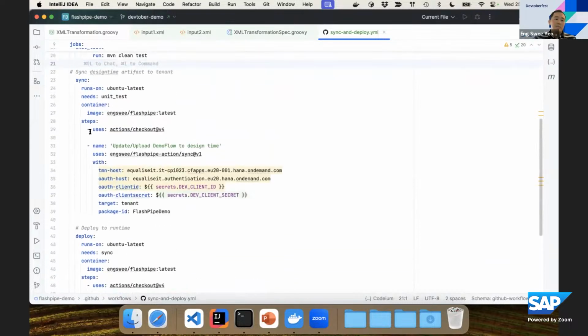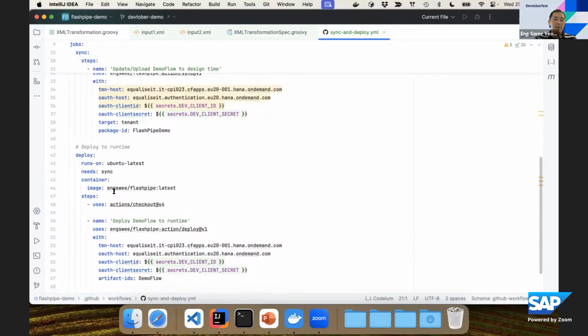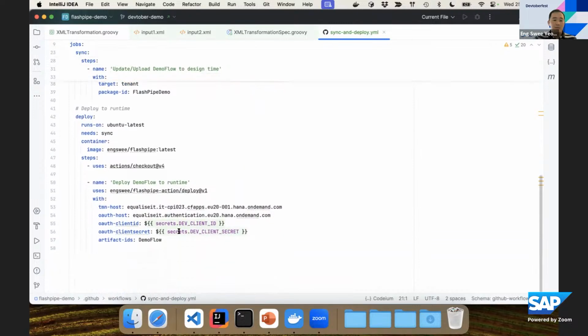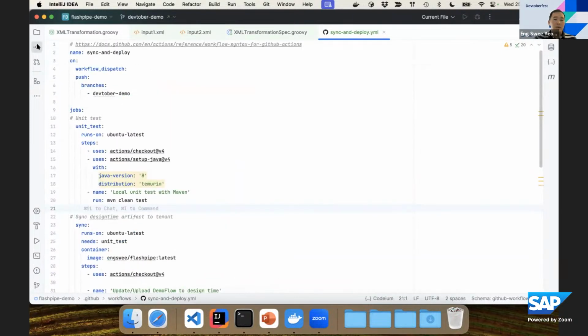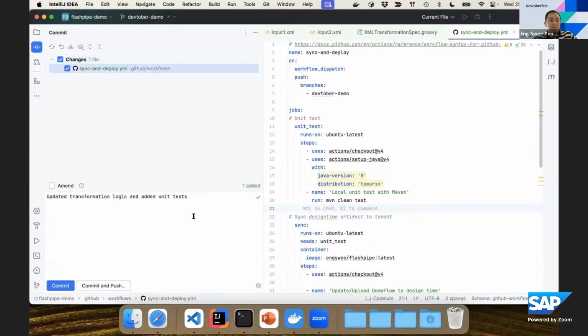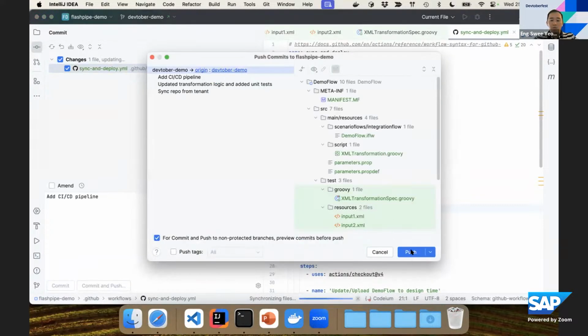Once you finish syncing, that means uploading it to the tenant, then you can then deploy it to the runtime. So this is the runtime deployment, and it deploys this artifact. So I'm going to now commit this as well as the CI/CD pipeline. So I'm going to commit and push the whole thing to